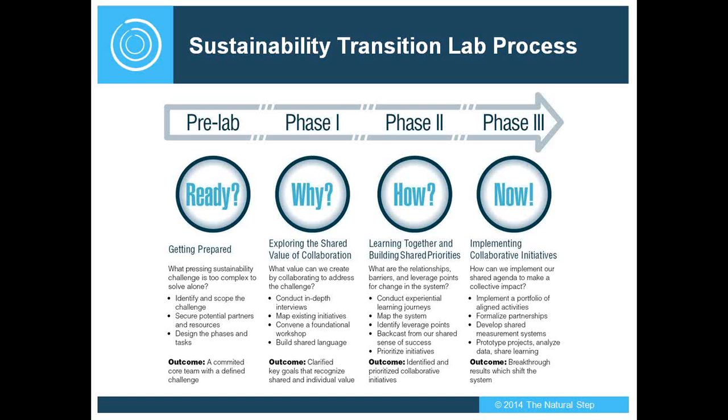to implement those things. And then, you know, interject your collective impact theory here, guys, where it's about implementing a portfolio of mutually aligned activities to be able to reach those collective impact measures, right, to shift that system. So you need a backbone organization, you need shared measurements, all of that great stuff to be able to get to those breakthrough results because of this different type of process that you've gone through, which has been able to transform the way that people participating even see the system or their commitment to act or the relationships amongst them.